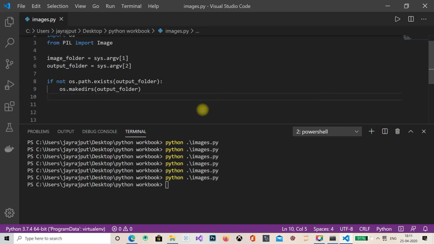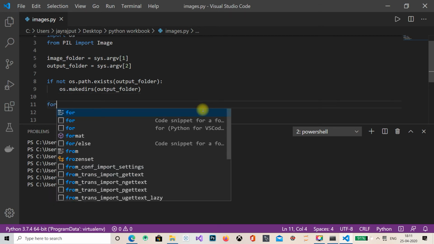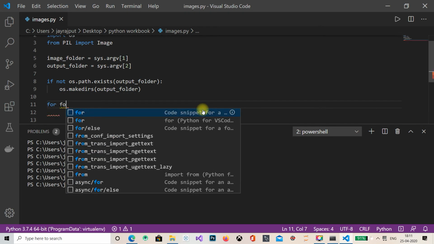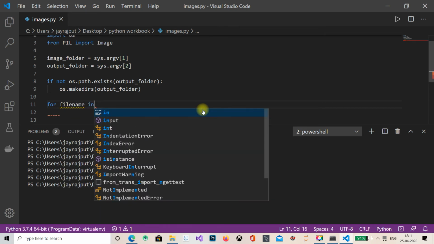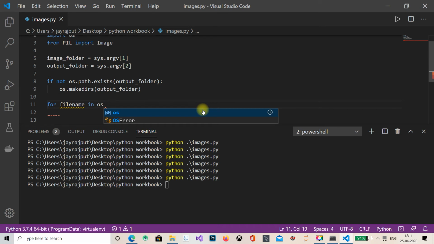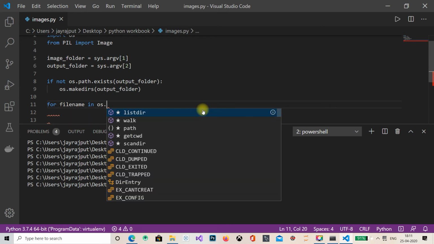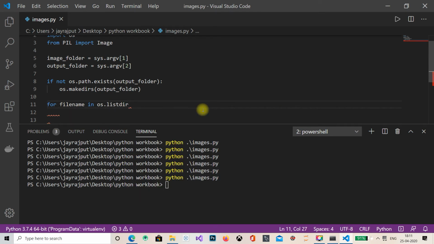Okay guys, now what I'm going to do is for filename in os. If you want to work with the pathlib library, you can work with it also. If you don't want to work with the os library, you can go with pathlib.